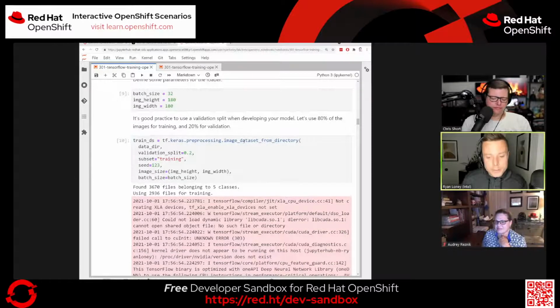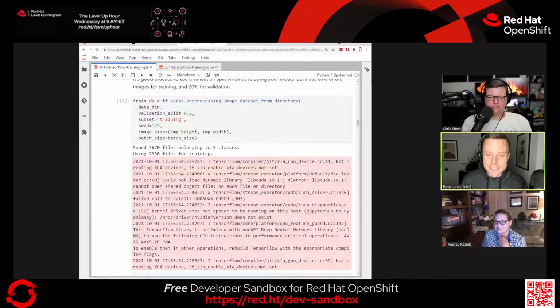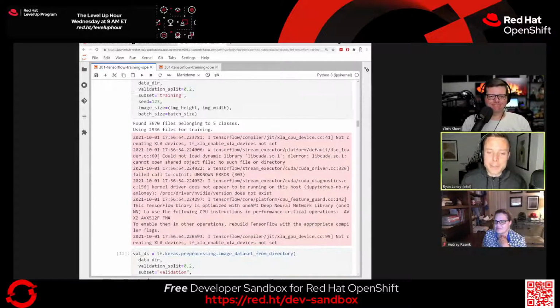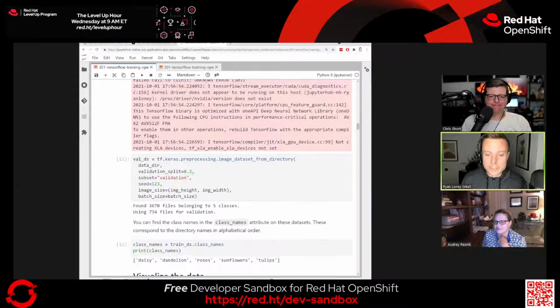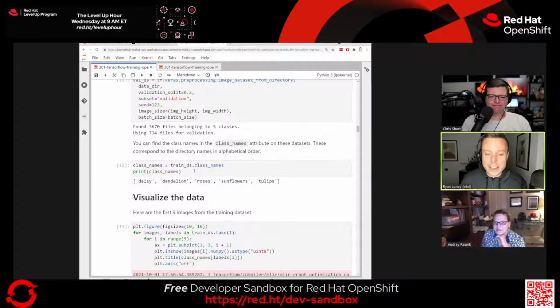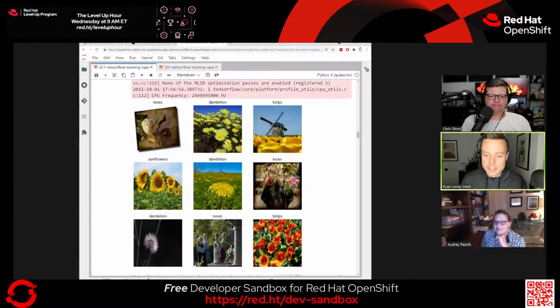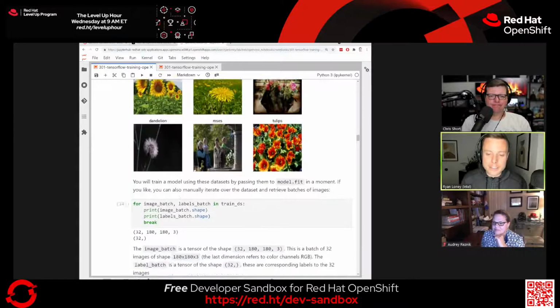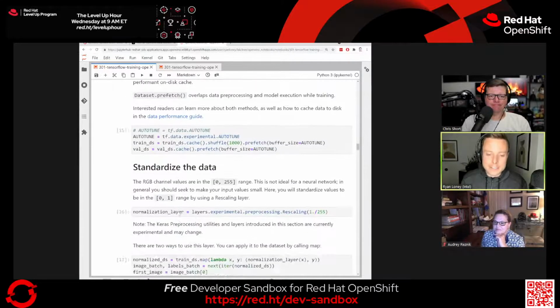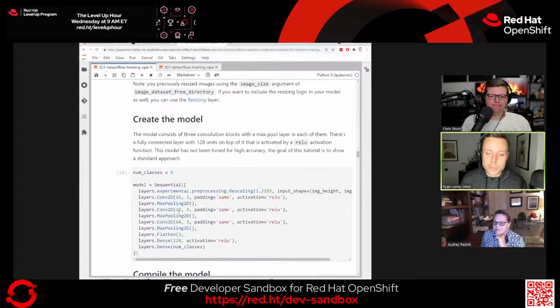And you will sometimes see these funny, harmless errors. Often it's due to you're not using CUDA, or you're not using some other library that it expects you to use. But these are harmless. So don't be alarmed by the red. And then let's see, again, these are each label, and preparing the data set, some other model preparation,